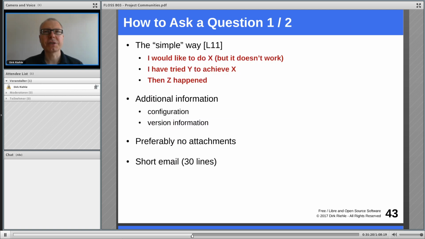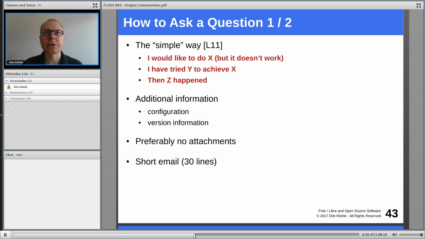And asking questions is really not that easy. Well, it is easy once you know how to do it, but if you've struggled with a problem for too long, you're easily tempted to not write a good question. So at that time, you need to take a step back, maybe cool down, and then ask the question properly. So here's a simple way how to ask a question,